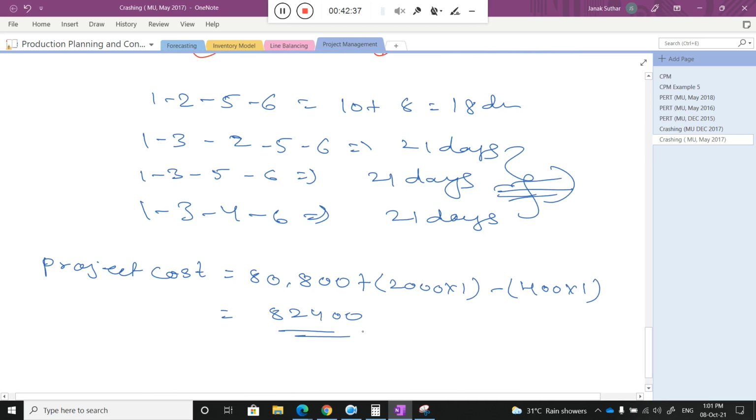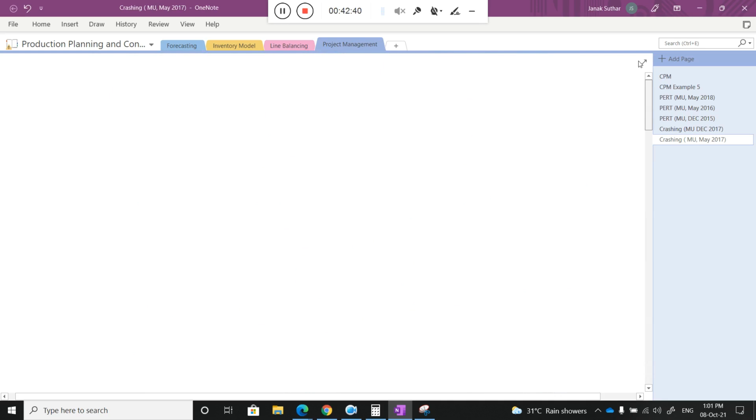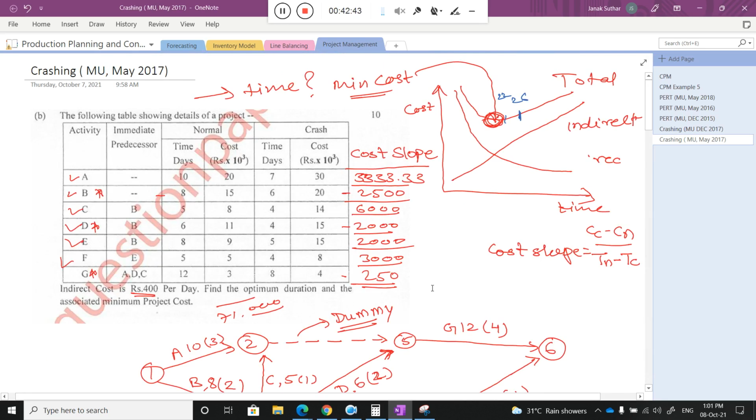That is not optimum. So what is the point here? I go to that particular graph again, just try to check here. Assume that this is the 26, there I got some cost. Now I reduce the time as well as the cost, that is 22 days, and this is the minimum point. After that again I reduce and my cost is again increased. This is the 21 days. So as a project manager you need to select this point. Are you getting my point? So what is the optimum duration of this particular project? That is 22 weeks. And what is the cost? That is 80,800. Are you getting my point? Is there any doubt?